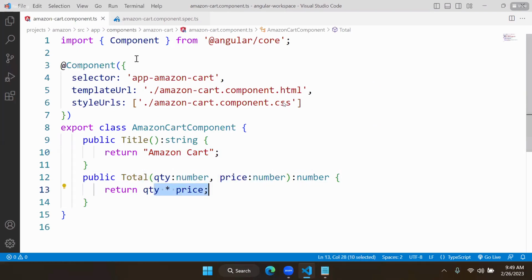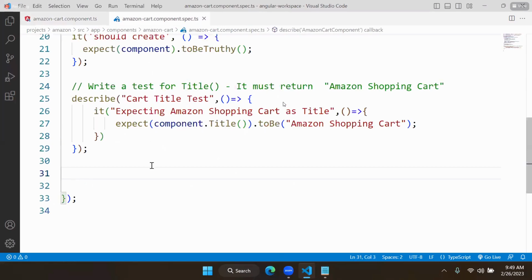We will do that. So that means we will write here what it is returning. It is expecting a number, and it should return some number based on the parameters that you pass. So what we are doing here, we are defining another method. Here, write a test for total, and according to the client requirement, it must return,